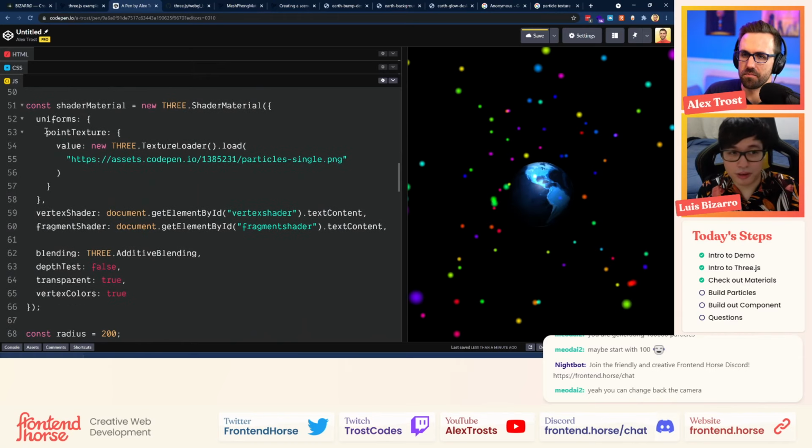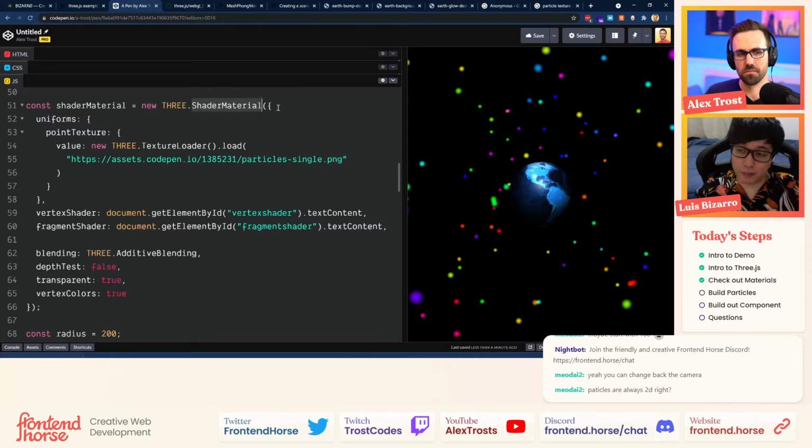But the shader material is useful for creating things using shaders. And what this means is basically, instead of creating using the normal classes that you have from Three.js, you're writing proper code from scratch for the